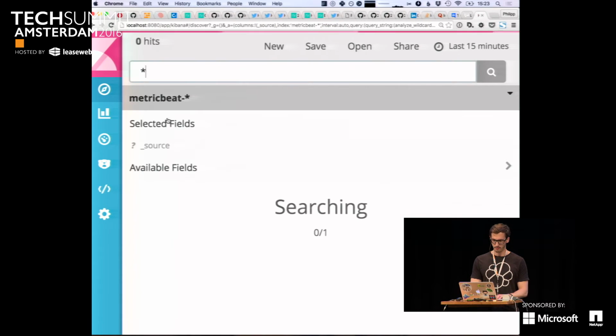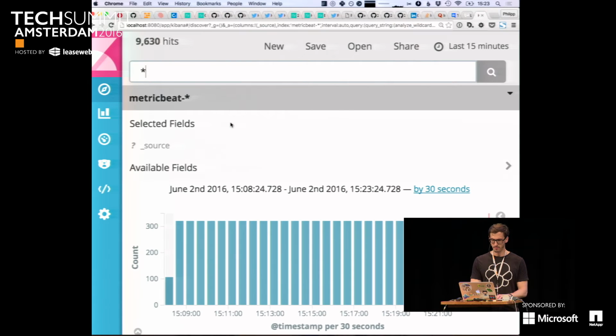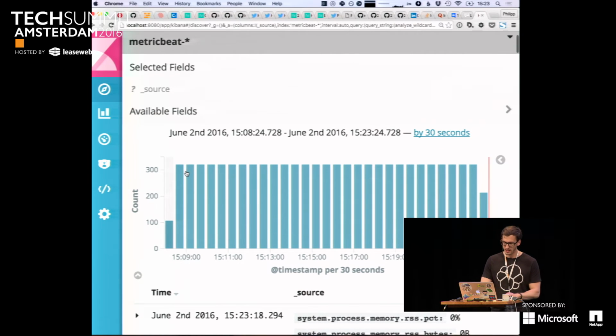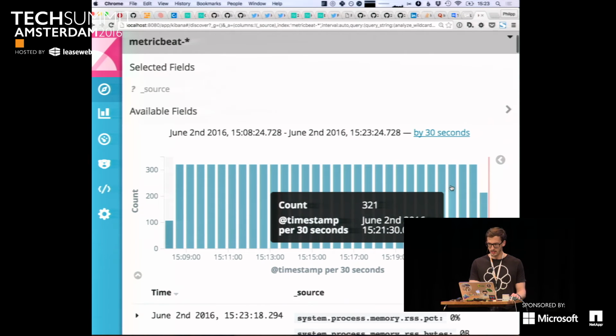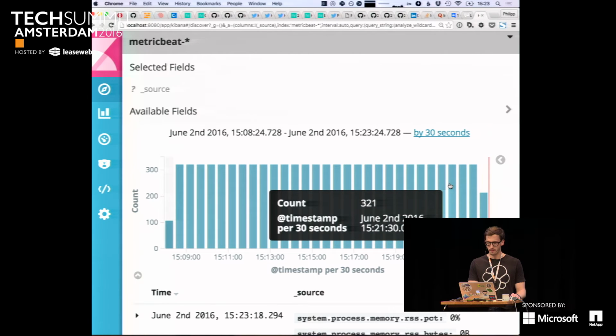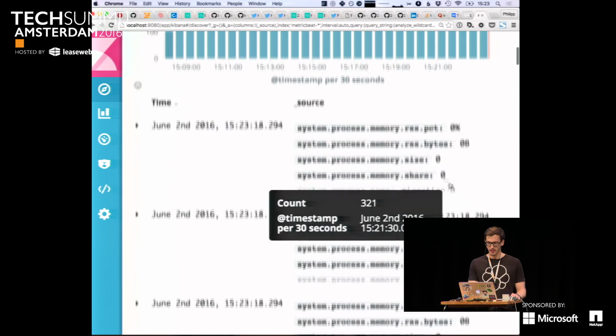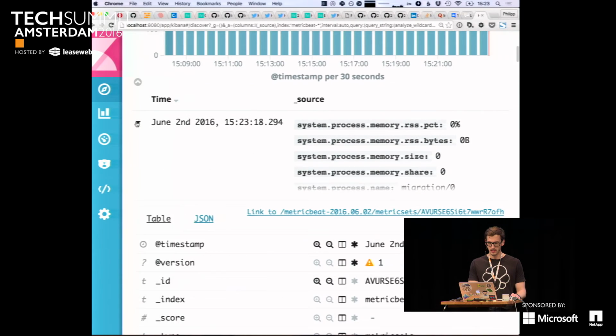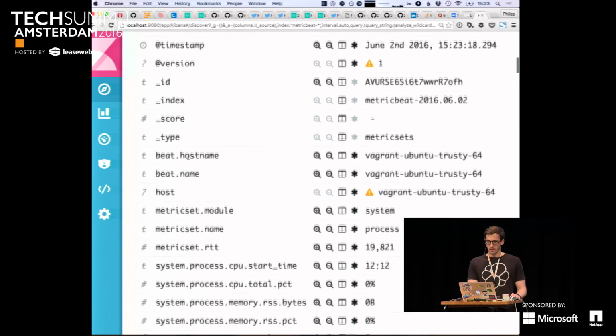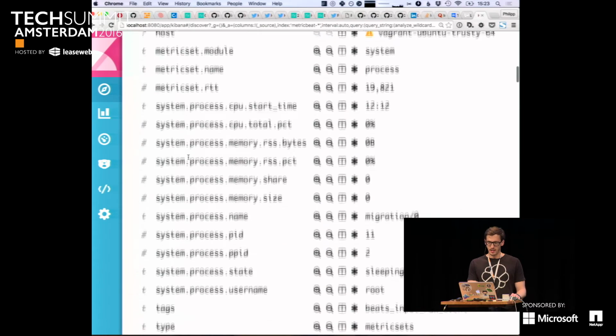Okay, then there's Metricbeat. That's very consistent for my timestamps. You can see there are quite a lot of requests here, gathering all the system stats I have. And if I expand one of these, you can see, okay, this is a metric set. It has lots of system metrics.